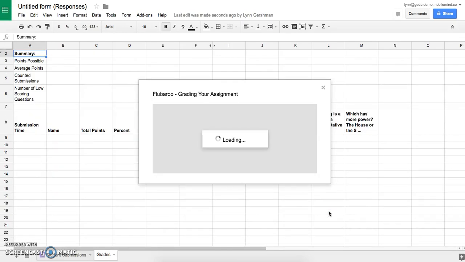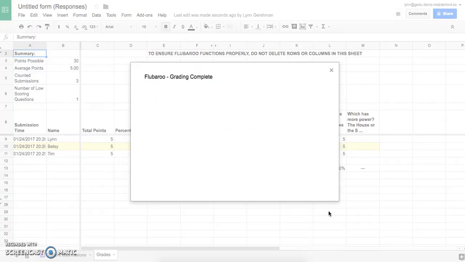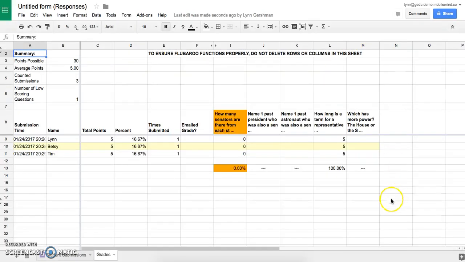And now it's grading my assignment. So here's what I see. I see that none of the kids got this answer right, and everyone got this answer right. Because this was less than 60% right here, it lights up as orange because it's showing me that this is something I need to reteach, that more than 60% of my class got this wrong, and for some reason there was a misunderstanding for everyone in the class. So I should reteach this, but this one looks fine. But the grades aren't here for the rest of it. So I need to go